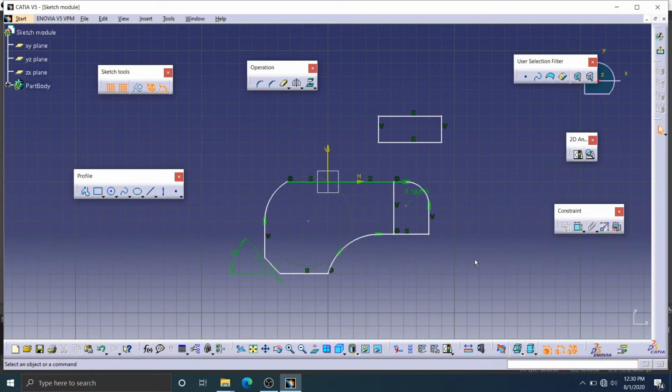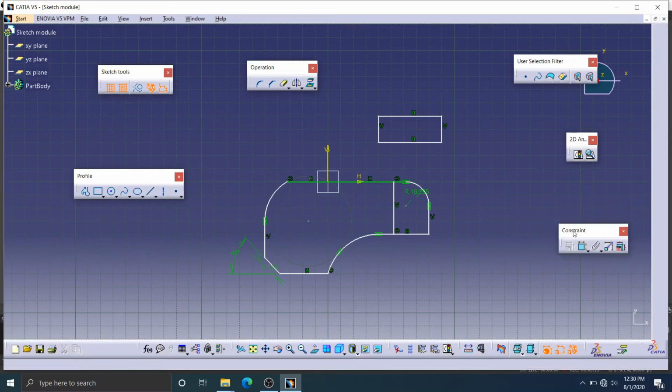And when we come to the constraint, this is known as the constraint tool. In this constraint tool, two types of constraint are available. This is known as dimensional constraint. Using this dimensional constraint, you can give a dimension for any line, circle or arc. Based on your selection, it automatically gives the dimension.